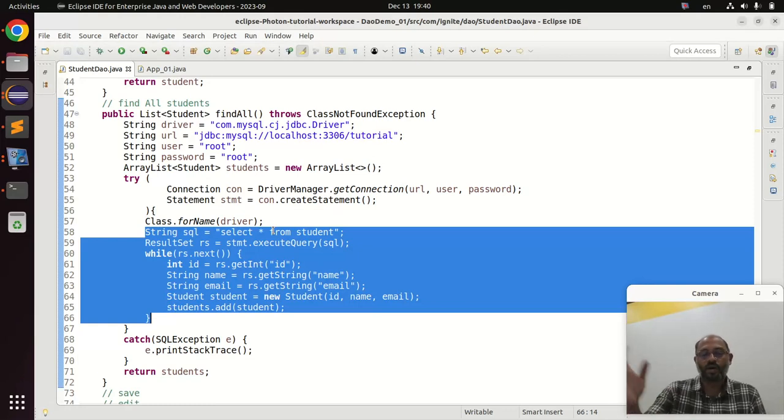So let us remove all the repeated code which drags down maintainability. What we can do here is define one separate class. In that separate class, we are going to create the connection, and that class gives the connection to the current class. So we can call it the helper class. That helper class is going to give the connection